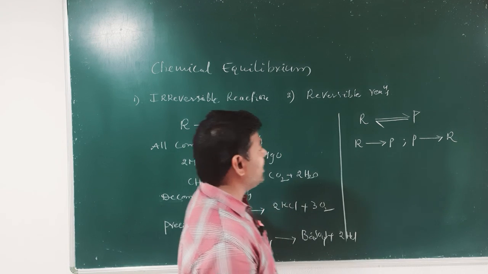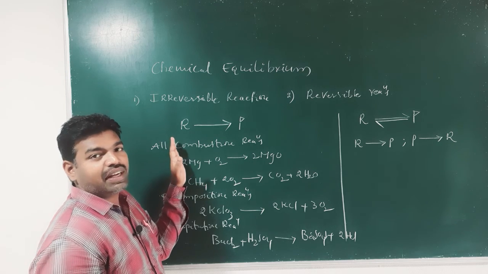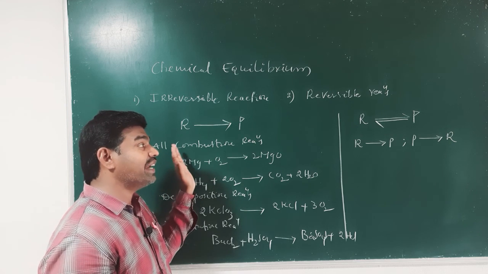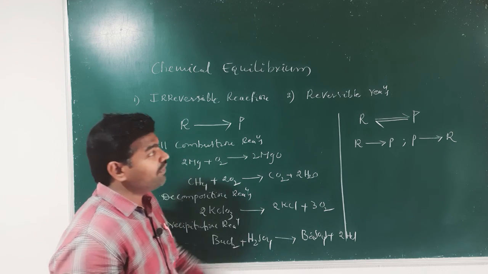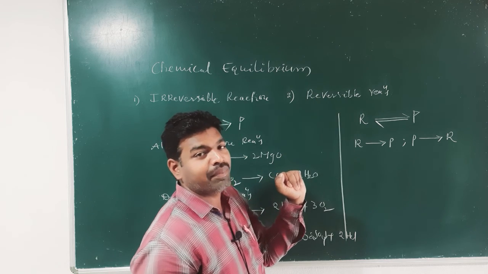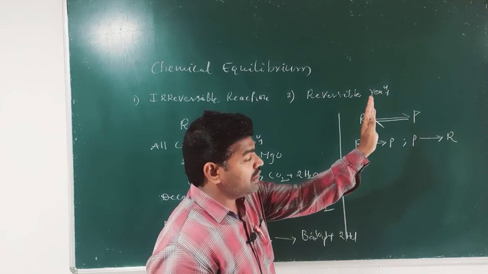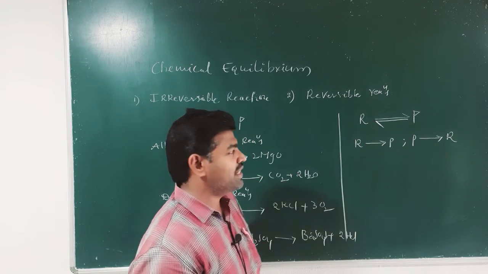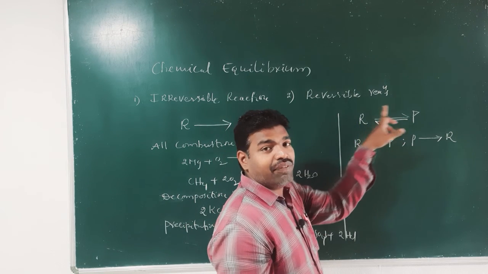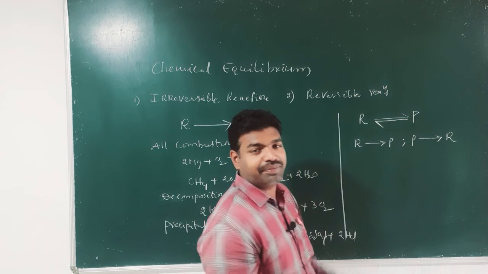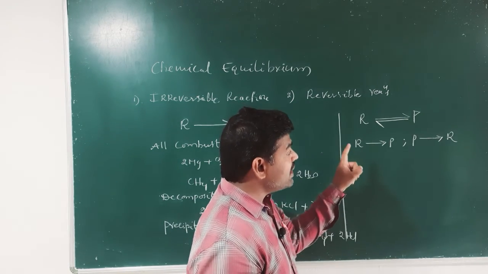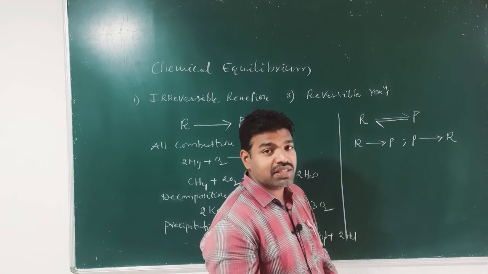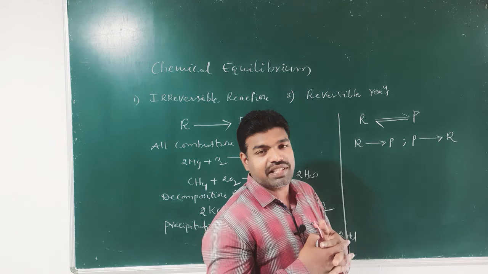Whereas in irreversible reactions, the reaction proceeds only from left to right, that is reactants to products. In reversible reactions, reactants are converted into products and products are converted into reactants, so the reaction takes place from left to right and right to left, and in fact in reversible reactions a tug of war takes place